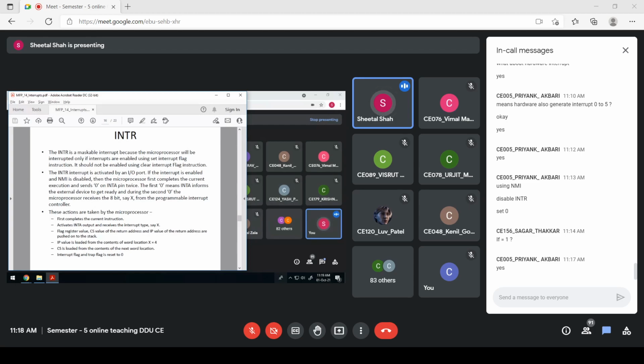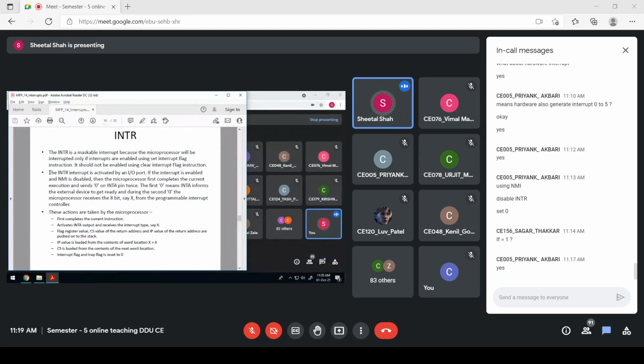What is the type number? In the interrupt vector table, by taking the type number multiplied by 4, it gets the offset value of the interrupt service routine written for this INTR interrupt, for that IO device. And at n multiplied by 4 plus 2, it gets the segment address value. That segment and the IP value are then copied into the CS and IP registers. Is this clear?